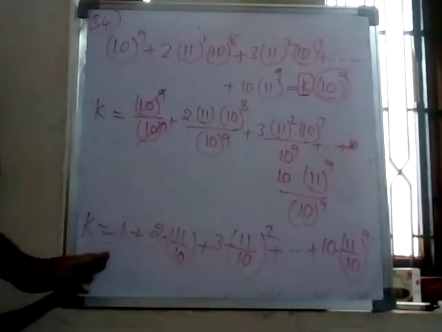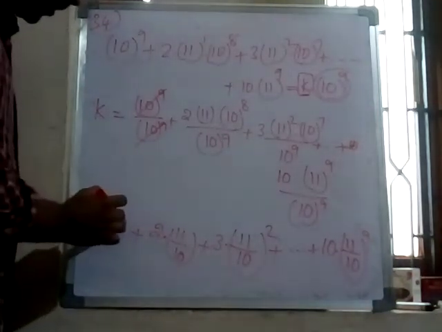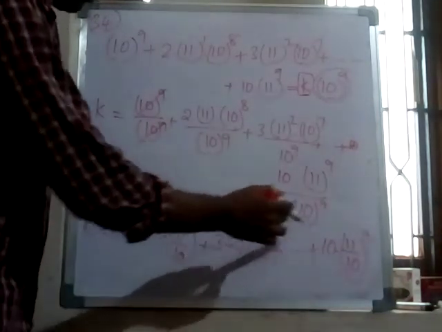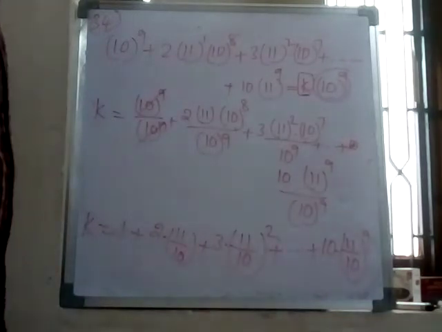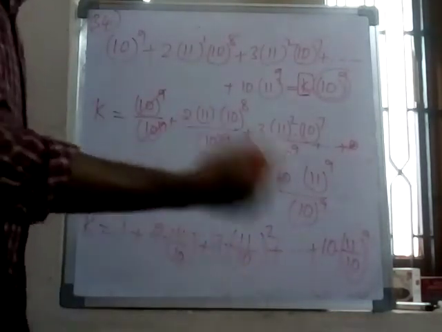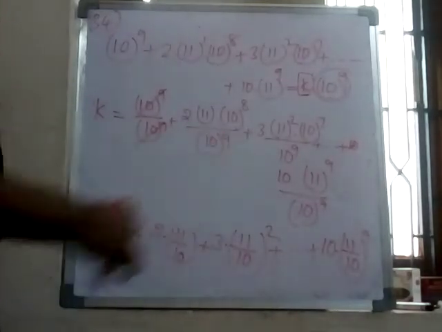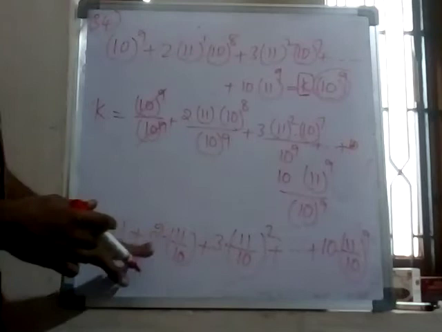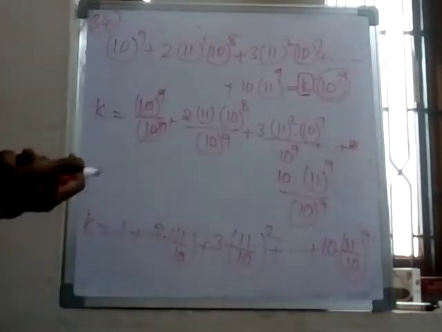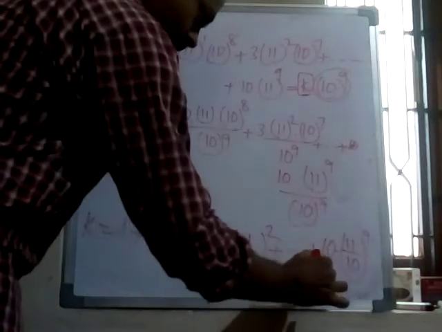So this is also not in AP and GP. Here in the series, the first terms 1, 2, 3, 4, 5 like this are an AP series. Here 11 by 10, 11 by 10 whole square, 11 by 10 whole cube, 11 by 10 whole to the power of 4, like this. If you take it separately, that is a GP series, but together it is neither AP nor GP. So that's why, here 11 by 10, this is taken as the first equation.